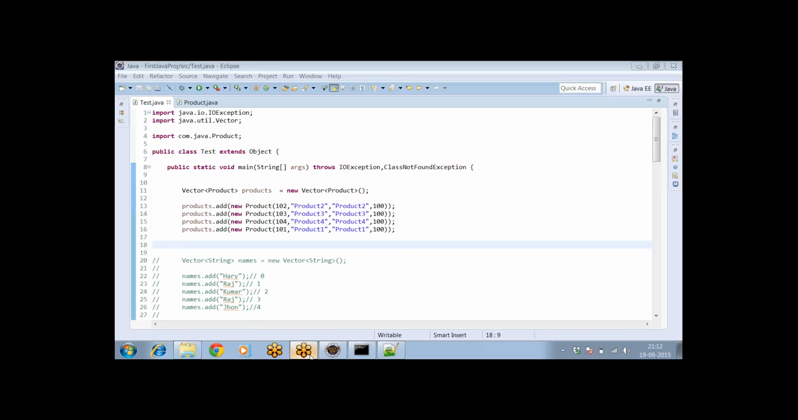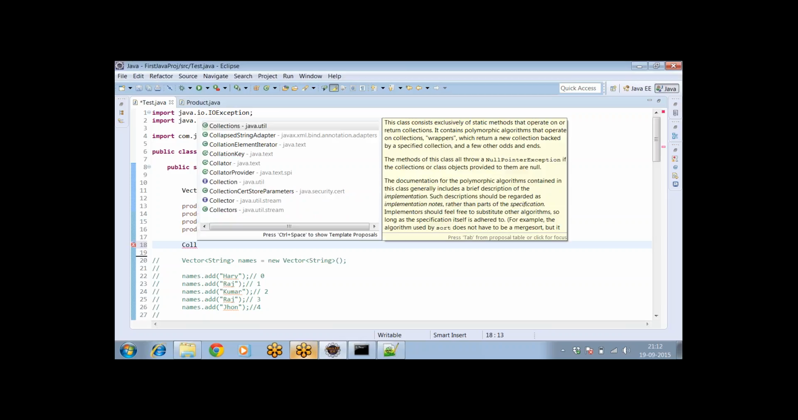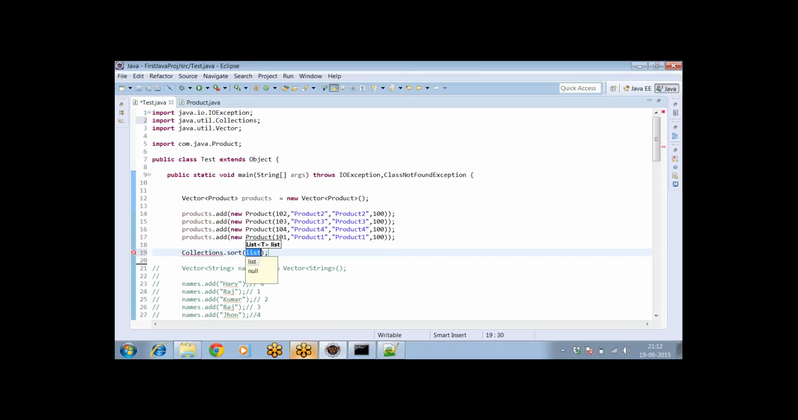So can we use the sort method here? Can we use the sort method? See, if I use the sort method this time, it won't work. This time it is not going to work. Why? Because you need to understand the concept of comparing the objects in Java before we study this error. Okay,